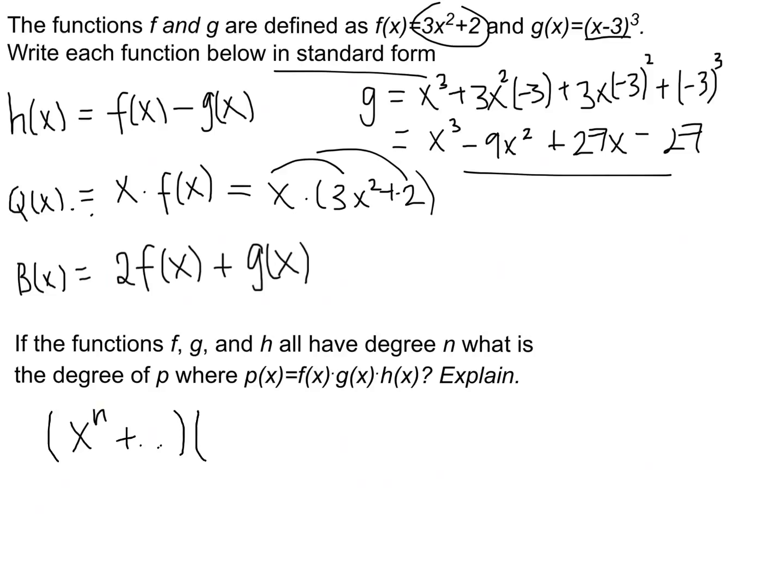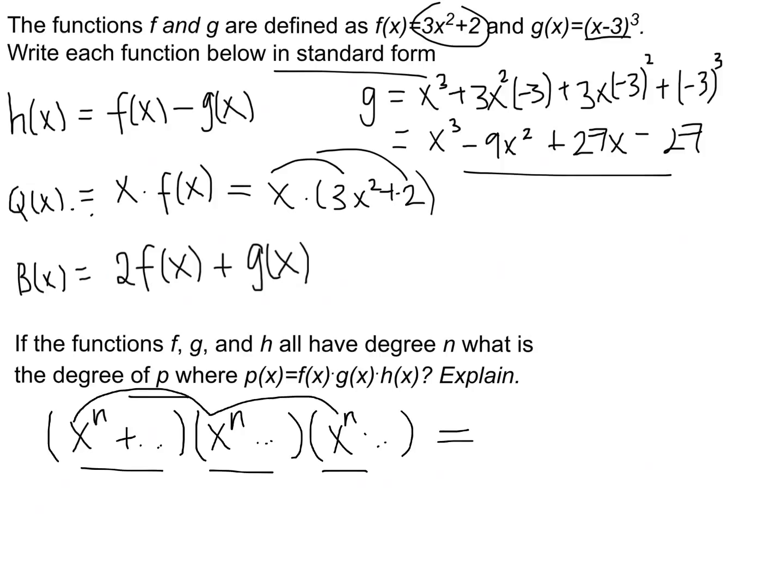Then I have g, and g's biggest term is also some x to the n, and then I have some other stuff there. And then h of x, its biggest exponent is also n, it's a degree n, and then I've got some other stuff over here. And where am I going to get the degree of p from? Well, it's going to be the largest exponent in p, and p, of course, is f times g times h. And so where is the biggest exponent going to come from? Well, it's going to come from multiplying the first term in each, so it'll be x to the